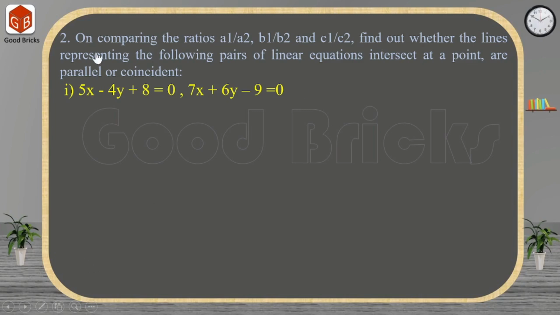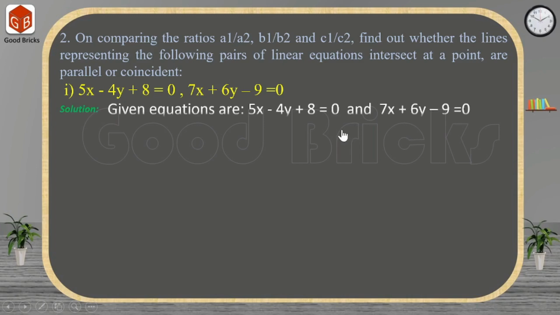Now, if you look at this question, they are asking us to compare these equations using these values, and then we need to confirm whether these linear equations are intersecting lines, or parallel lines, or coincident lines. That is what we need to confirm. So, here when you take these equations and compare with a1x plus b1y plus c1 equals 0 for the first equation, and a2x plus b2y plus c2 equals 0 for the second equation, then you can